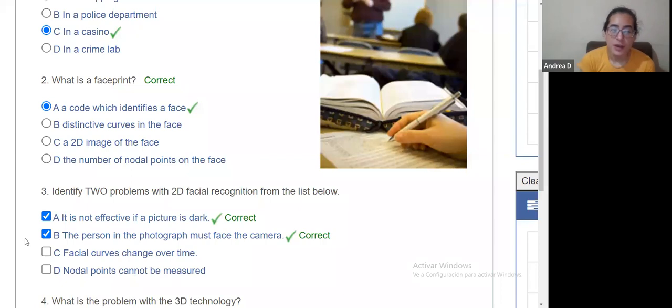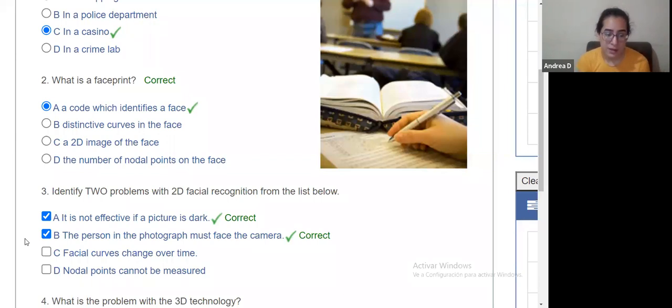Good. Now, I remember somebody had in their notes in the 3D part, they had don't have to be facing the camera. And that was an advantage of the 3D one, right? So you can also use that, not necessarily what you have in the 2D one. But if you understand the overall idea of this lecture, you know that, okay, there are 3 types. And I think that every type is like an improvement of the previous one. So the 2D technology has had some problems, and because they were trying to solve those problems, they created a 3D technology. And then the skin biometric is like an improvement of the 3D one.